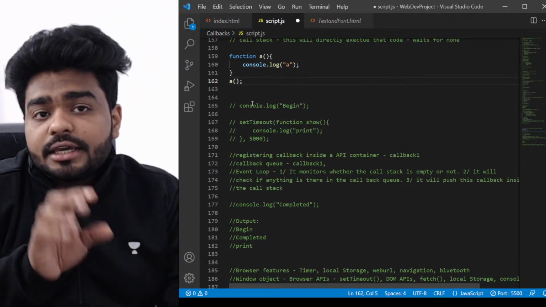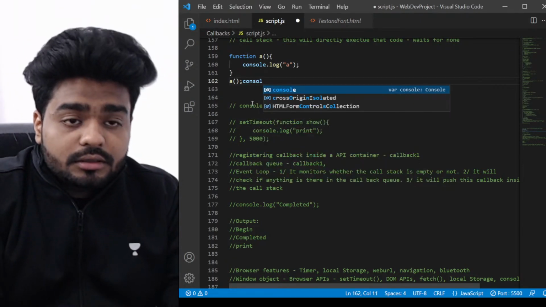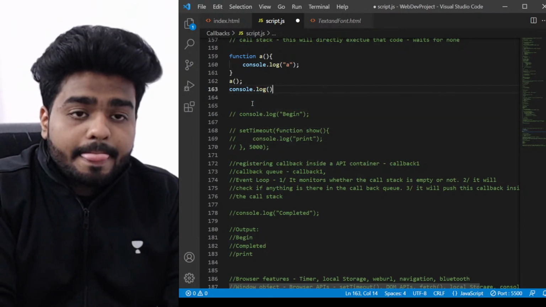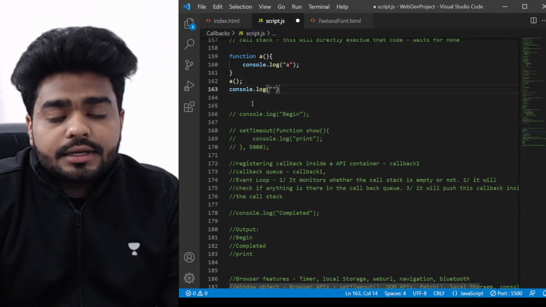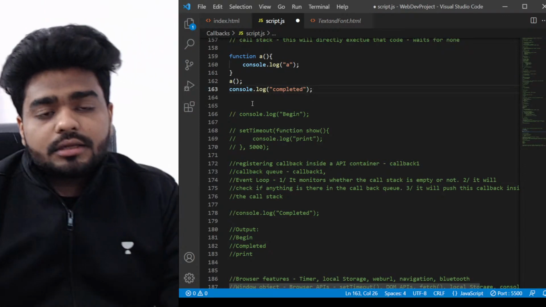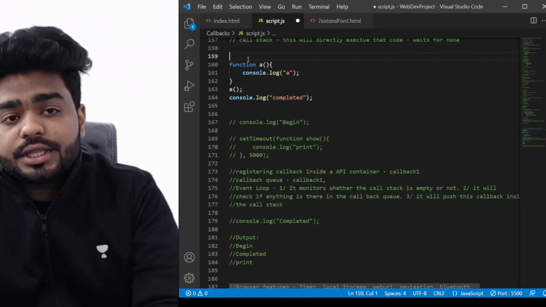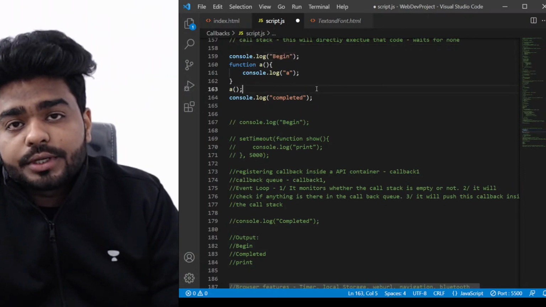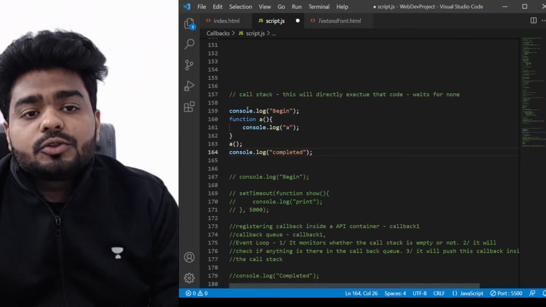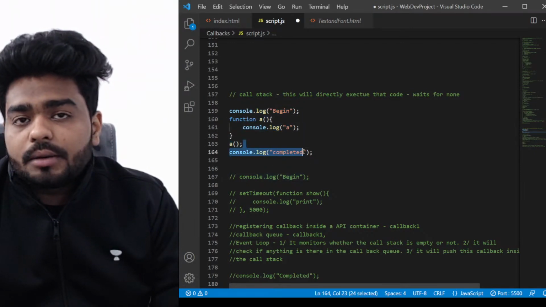So call stack में ये a function जाएगा, right? Call stack में ये a function जाएगा, then console.log here, let's say I'm just putting here completed. एक और काम करते हैं, ये वाला चीज ऊपर भी डालते हैं, राइट। राइट नाउ आई एम नॉट यूजिंग एनी कॉल बैक, आई एम जस्ट राइटिंग अ नॉर्मल सिंपल कोड, ठीक है। फिर से अंडरस्टैंड करना है, अगर कंफ्यूजन हुआ है तो आप फिर से यहाँ पे समझ जाओ क्या हो रहा है। तो पहले मैंने console.log begin लिखा, फंक्शन ए लिखा, ए को कॉल किया और console.log completed लिखा, राइट।